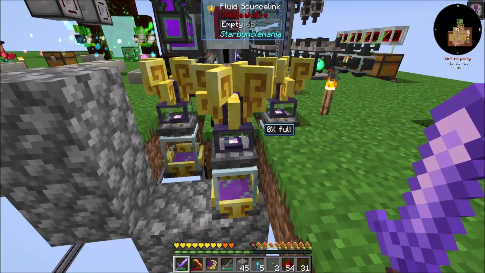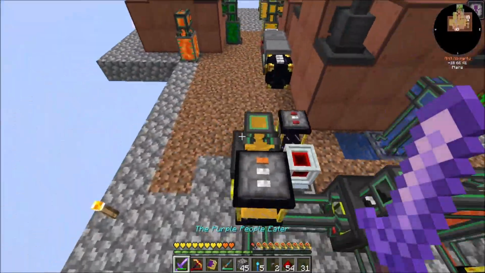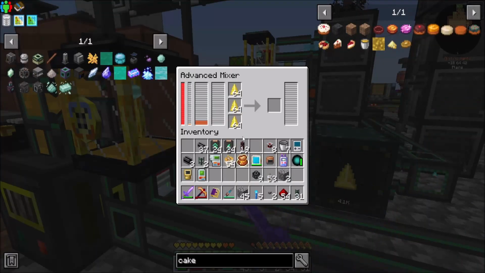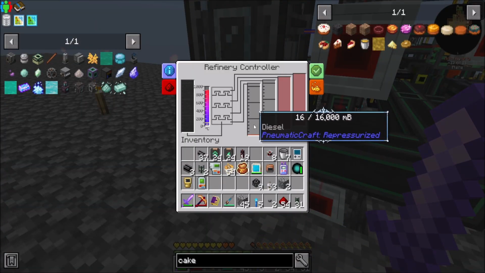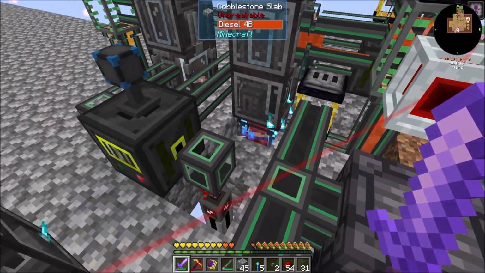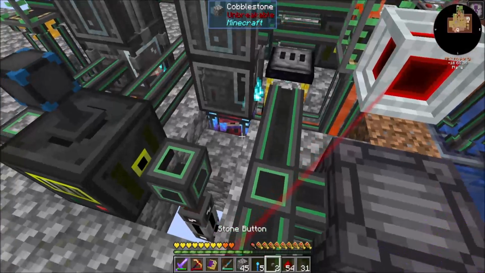Oh, we're low on fuel. Well, there's another problem. Why are we low on fuel? We have plenty of flux infused. It's you guys that are low. Your diesel production is low? And our diesel production is low because of what reason? We have plenty of crude oil, right? So what I should be able to do then...